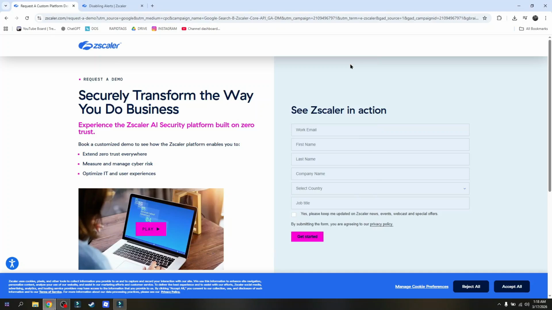How to disable Zscaler without a password. Now in this quick video, I'm going to show you how you can disable Zscaler without needing a password. This is very simple. So all I have to do at first is to execute a soft reset on your